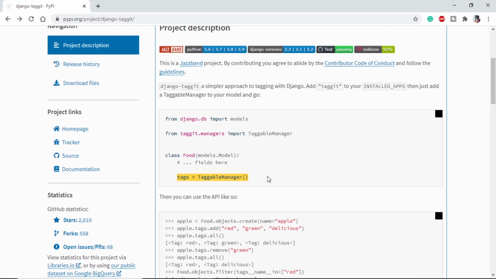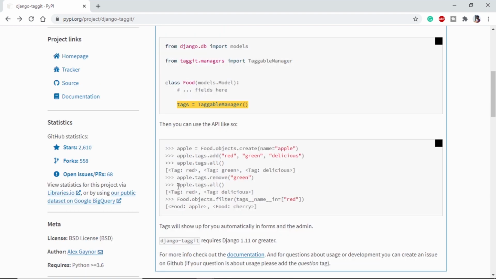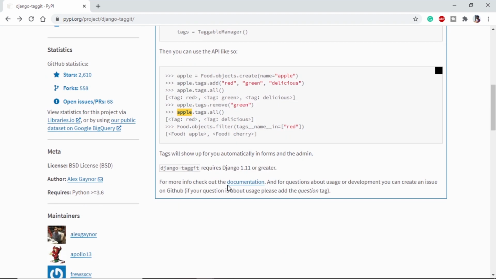And if we want to see any tags from any model, we can use this apple.tags.all or any model.tags.all, just like we see apple.objects.all. So this is quite simple and it saves a lot of time, where if we sit and make a logic of our own regarding the taggable managers, it may take a lot of time, but since we are beginners, we might not be able to do it at all. So Django Taggit is very helpful and it saves a lot of time.